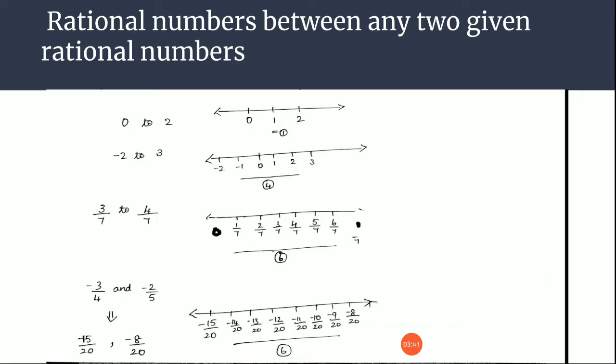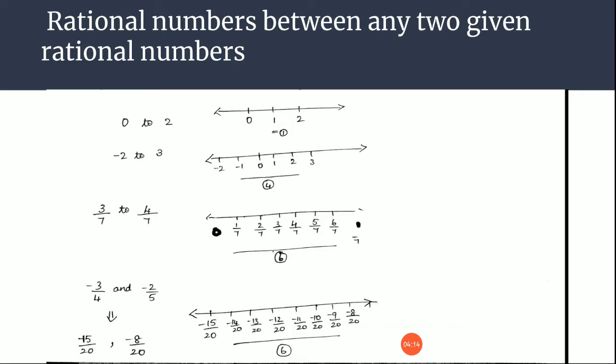But also, can you think of more rational numbers? For example, if you are going to divide 0 and 1 into half, you will get only one rational number in between them. If you are going to divide them into 1 by 4th, what will happen? You will have 1 by 4, 1 by 2, 3 by 4 and 1. So there will be 3 numbers in between. Same way, if you are going to divide it into 1/5, 1/6, 1/7, what will happen? The number of equal parts in between them will keep on increasing, right?